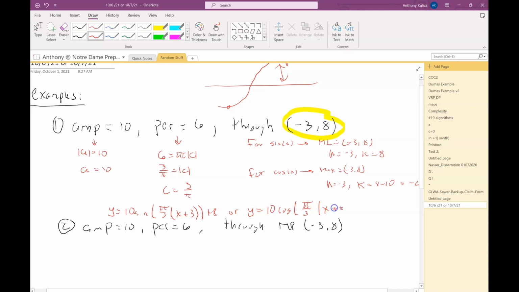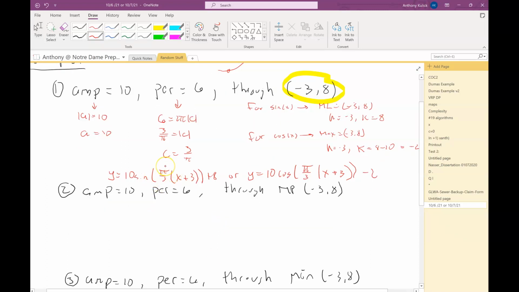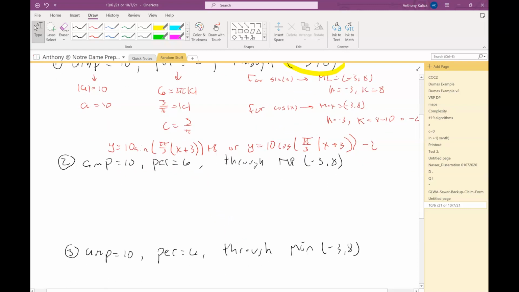Notice that I'm writing pi over 3 instead of 3 over pi because this is 1 over c, so it's the reciprocal. Okay. If I am told that this is a midpoint, these two things do not change, right? So I'm not going to bother showing the algebra again because they're the same values as before. If this is a midpoint,